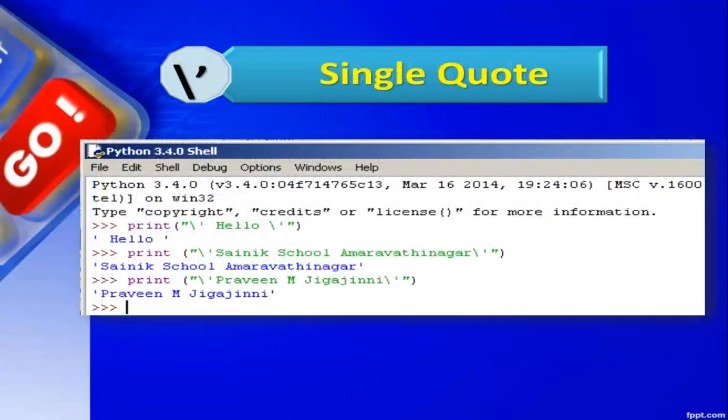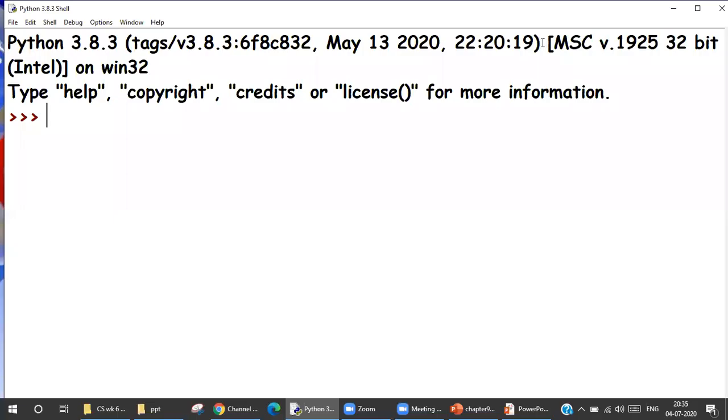Next one is single quote. Now, if I have to type hello with quotes as my output to the user, but quotes are automatically not typed. Let's see this one. Over here, the first one we saw was the backslash. So if I say, I'm getting it exactly like that.